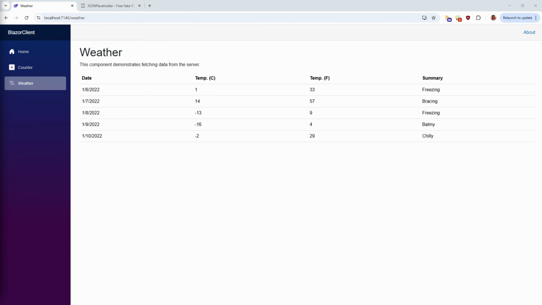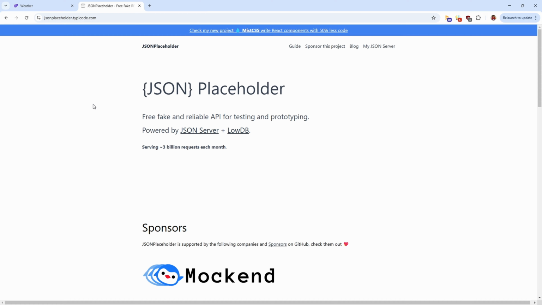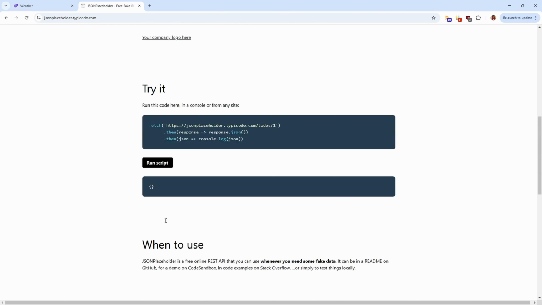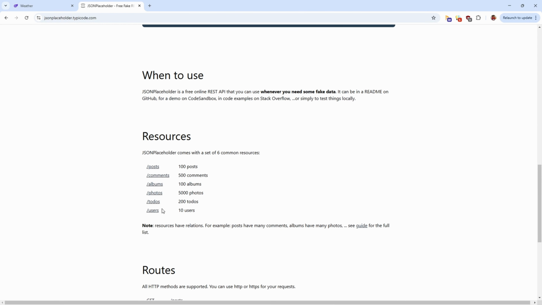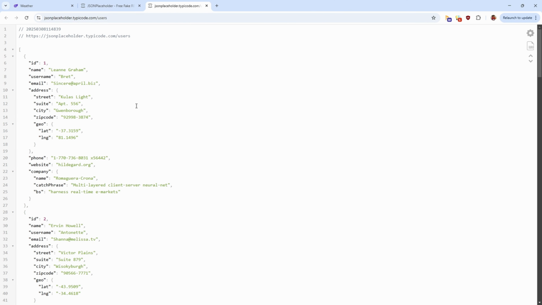Now to this application, let's add some API interactivity. So here is a free fake API server that you might already know. I'm going to use the users resource of this particular server for this demonstration. This API returns a list of about 10 users, and we are going to integrate this API call within our Blazor application. For this, let's go back to our Blazor code